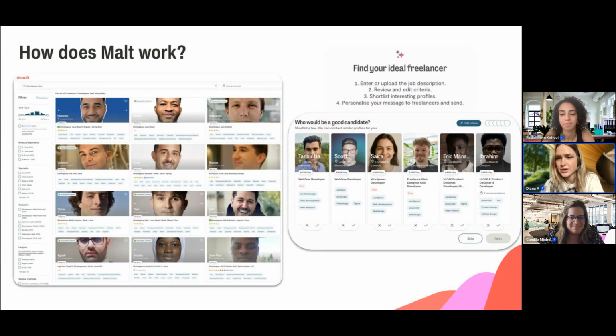So here's the results page, the example. On the left, you will see the results page the clients will see if they use the keyword search, the autonomous search, and on the right side, it will be the AI search results. Both provide the option to filter out, play with the set filters, choose and read the profiles of the freelancers that pop up.